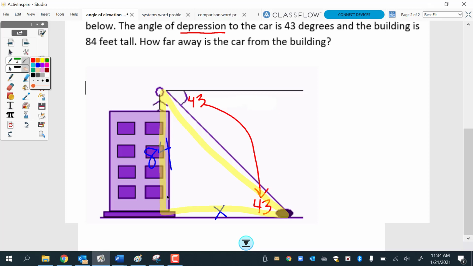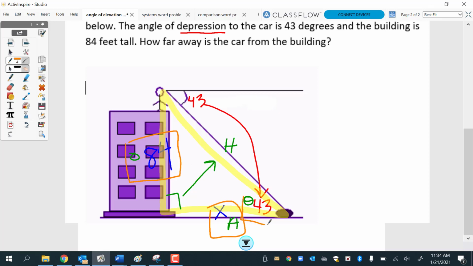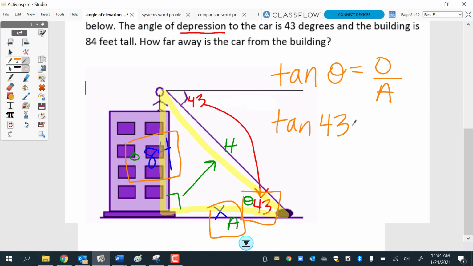So I label. Oh, here's the right angle. So 43 is my angle, so theta. Across from the right angle is H, then A and O. I'm boxing in the things that I have with numbers, so O and A and theta. And I look at my chart, which equation has O and A? That's going to be tan again. And I'm plugging in my numbers. So tan, what was theta? 43 equals, my O was 84